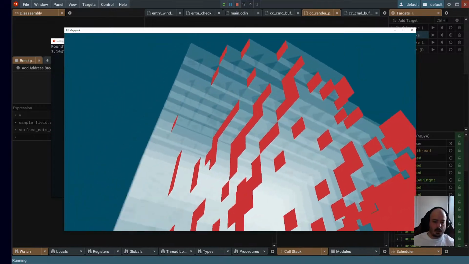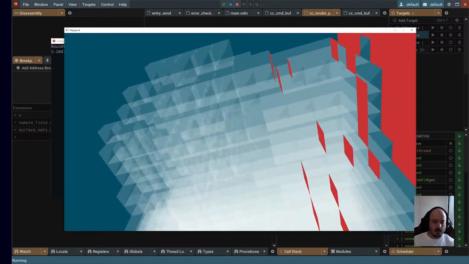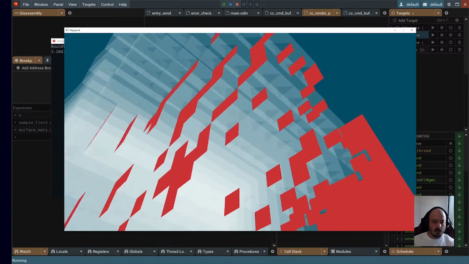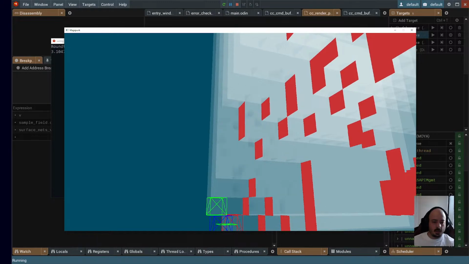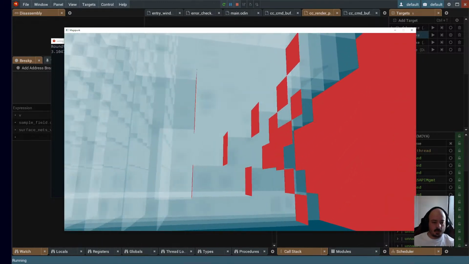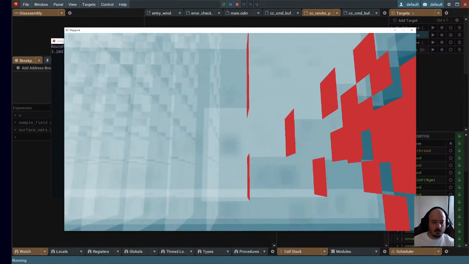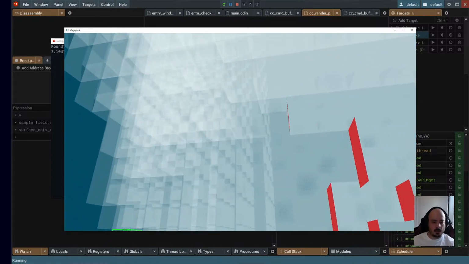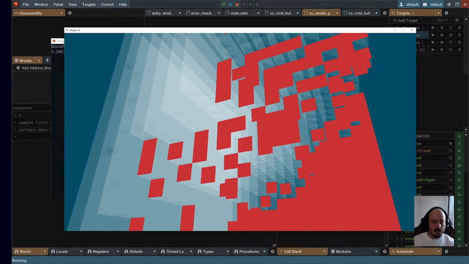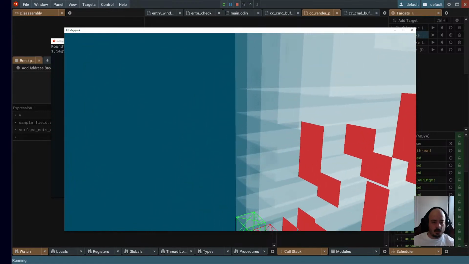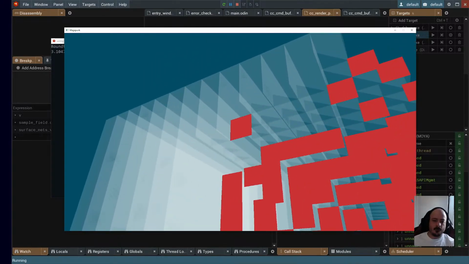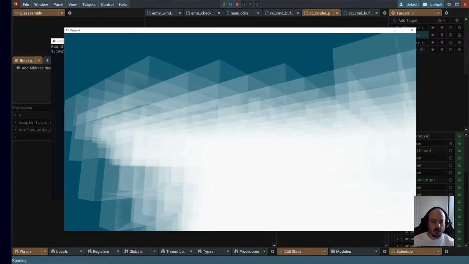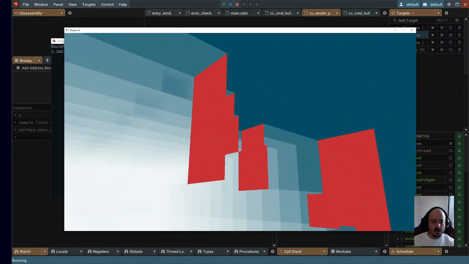This is wrong, but kind of interesting anyway. So it looks... Yeah, it's weird. It looks kind of correct. See, they're all kind of lining up to the edges of voxels here. It's just not exactly... It's not doing it on the edges over here for some reason. And on the left edges, it looks like it's doing it facing the wrong way. I don't know why I said left edges, but you can see